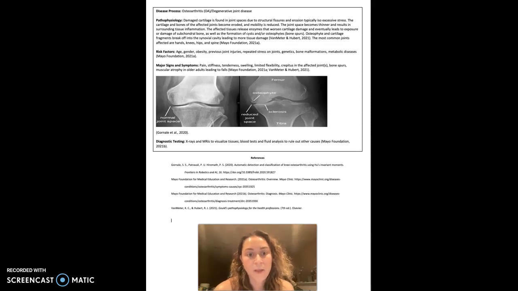So other diagnostic testing aside from X-ray: X-rays actually don't show the tissue inflammation or even the cartilage, but you can see the reduction of that space. And MRIs can help us to visualize that cartilage more so, and then of course it's just a better image overall. Blood tests and fluid analysis to rule out other causes,